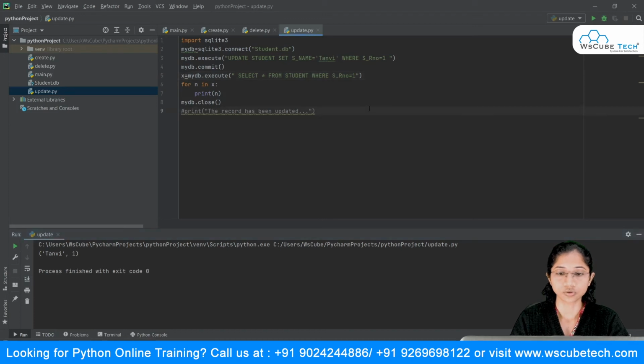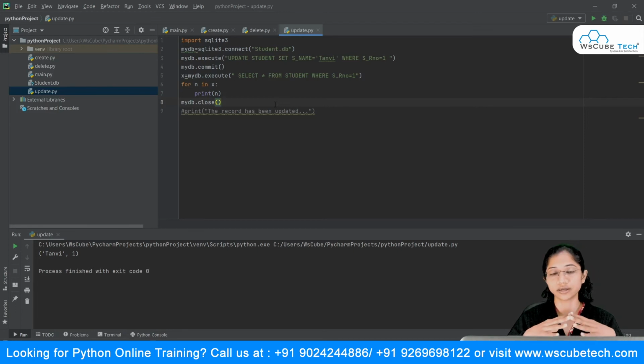All right, so I hope you're clear with this, like how you can update a particular record which is already present inside your database. So this was all about it. So basically what we studied in this entire database connectivity, we'll do a quick recap.